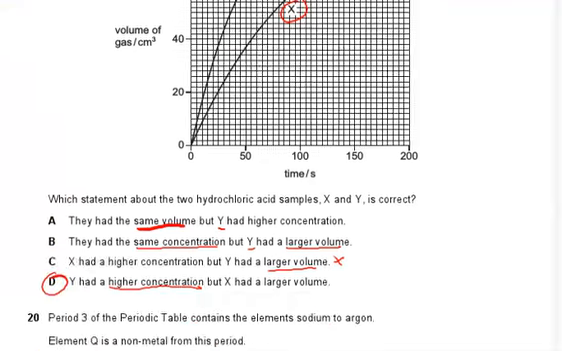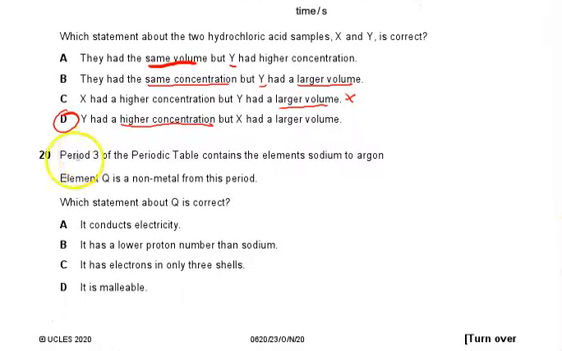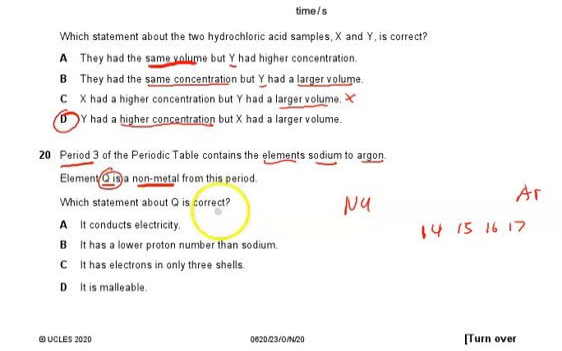Okay, now let us look at number 20. Here period 3 of the periodic table contains elements sodium to argon. Element Q is a non-metal from this period. Non-metal means it will start from group 14, 15, 16 and 17. This is element Q. So does it conduct electricity? No, because it is not a metal. Now when we look at B,